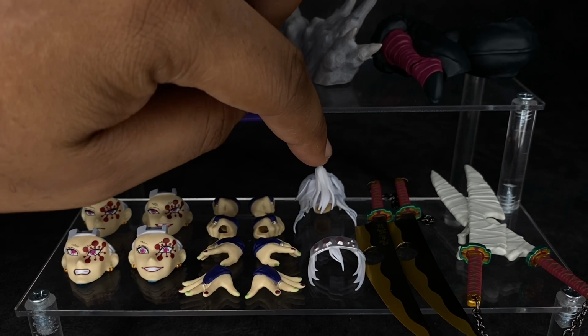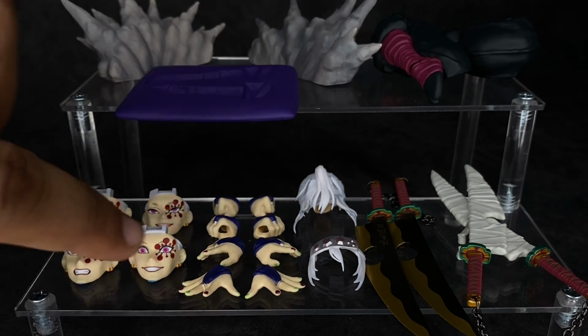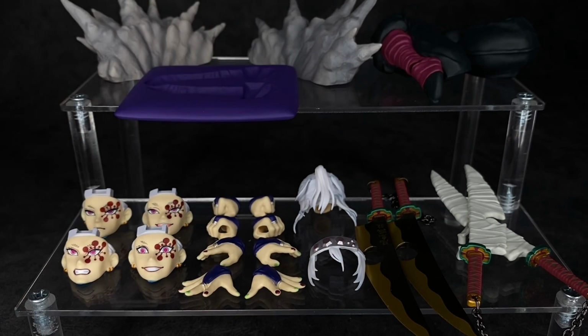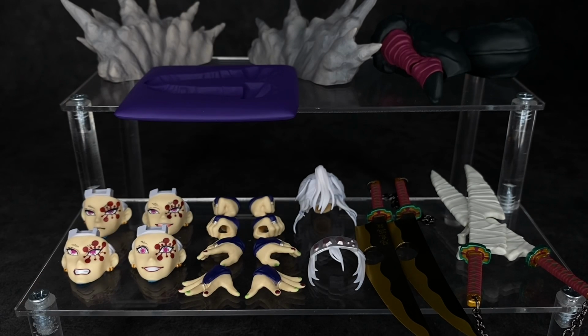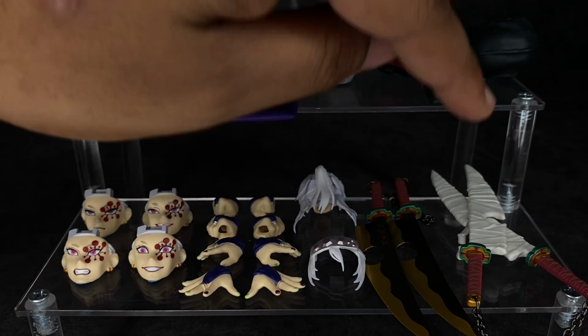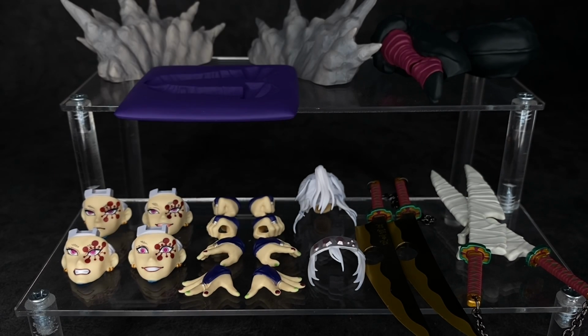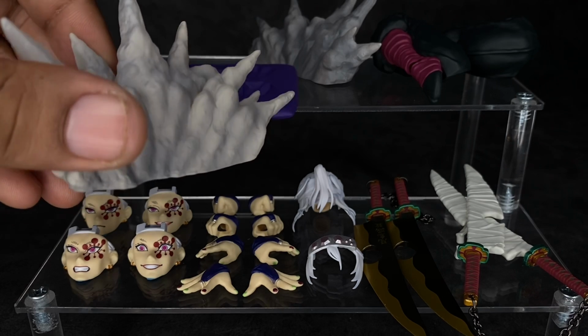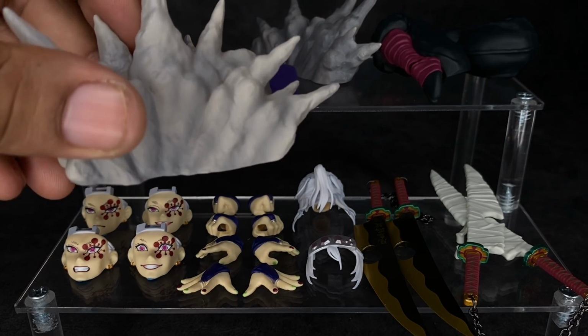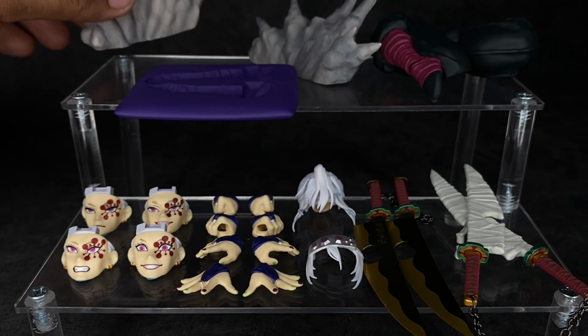He gets an interchangeable hair piece for when his hair is down. He also has an interchangeable bang piece, which is dope. He comes with his 2 swords, which are connected by an actual metal chain, which I like. He comes with his 2 sword sheaths, which are also connected by a metal chain, which once again I like. You can actually plug those into the back. He comes with these 2 pieces for when he does his smoke effects. I really like this. These are painted very, very nicely, and you can use these for pretty much any kind